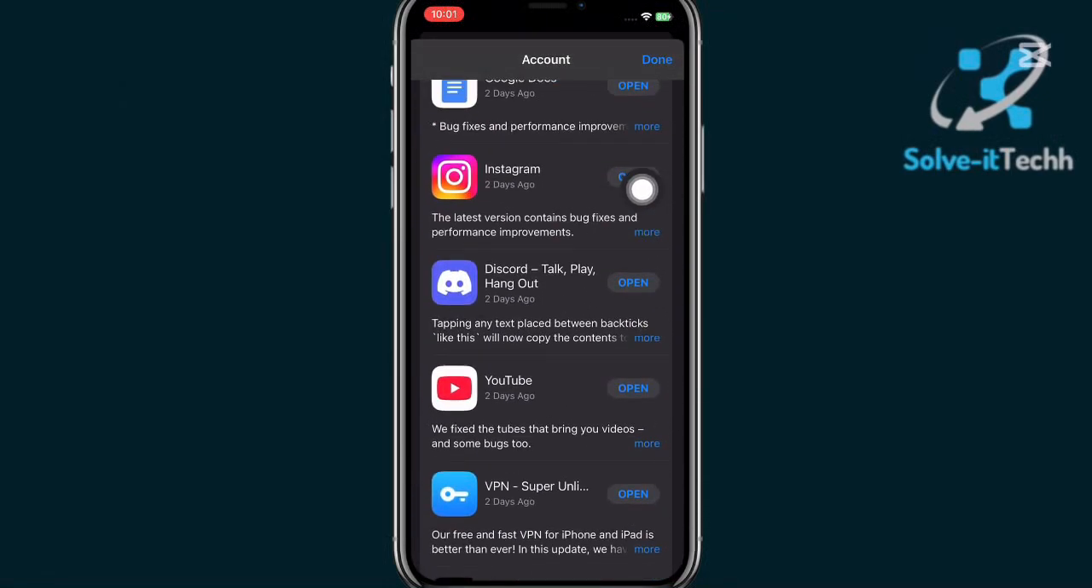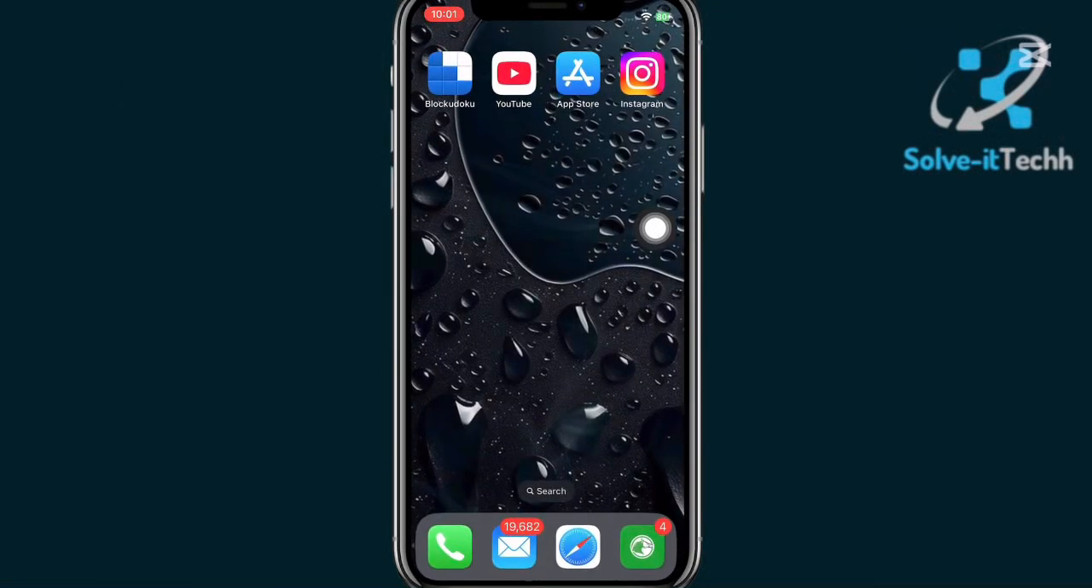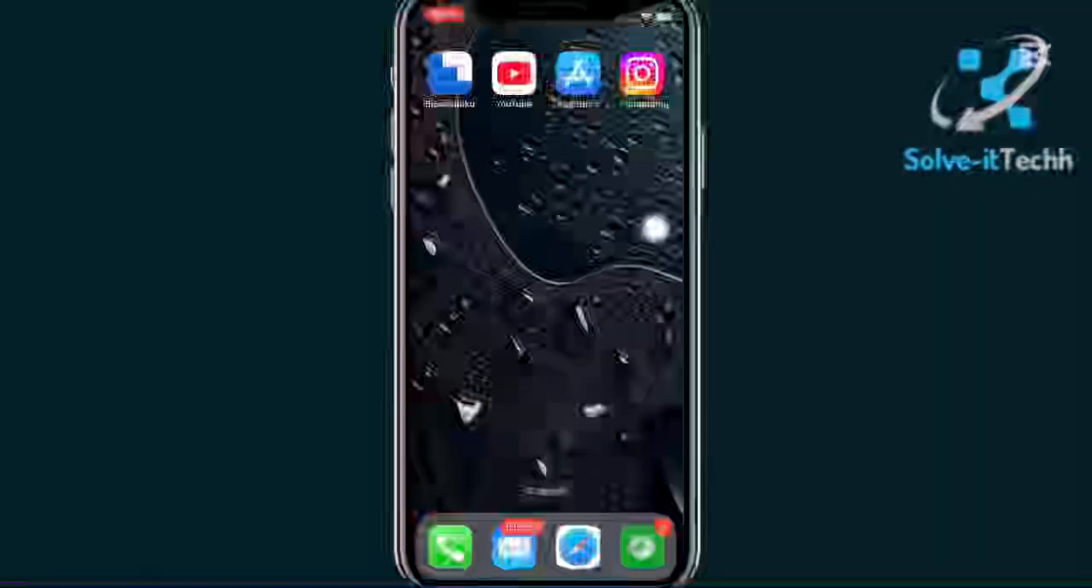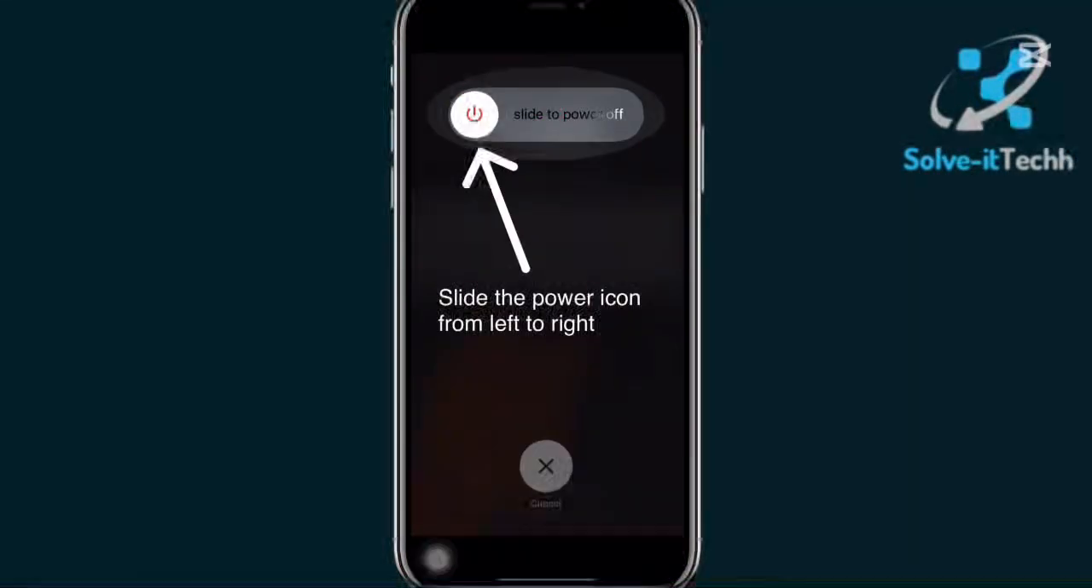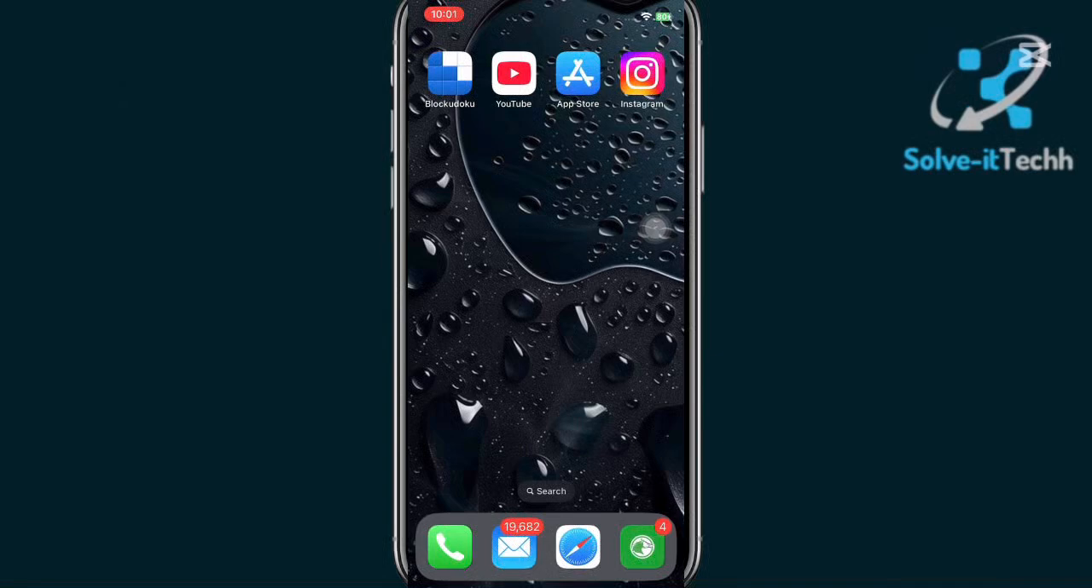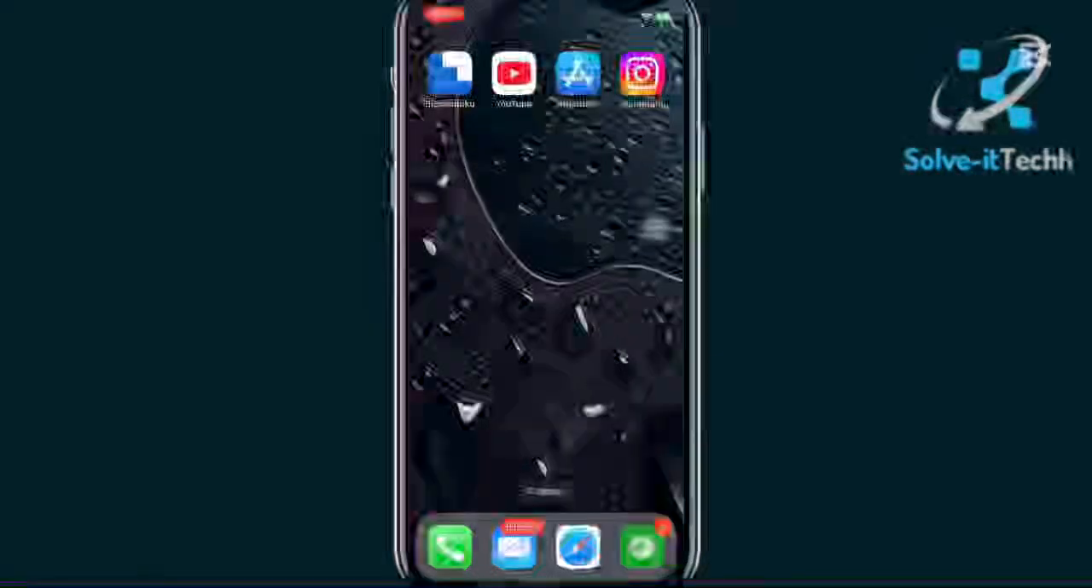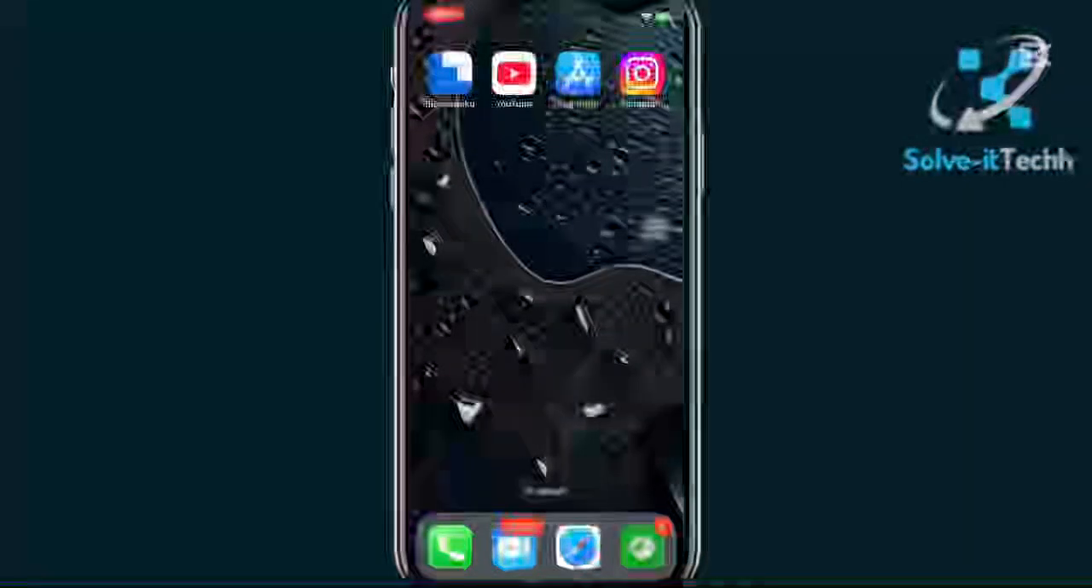Still not working? Try restarting your iPhone. Press and hold the power button and the volume button together until you see the slider. Simple, but often effective. Instagram needs a stable internet connection, so make sure you're connected to Wi-Fi or have strong